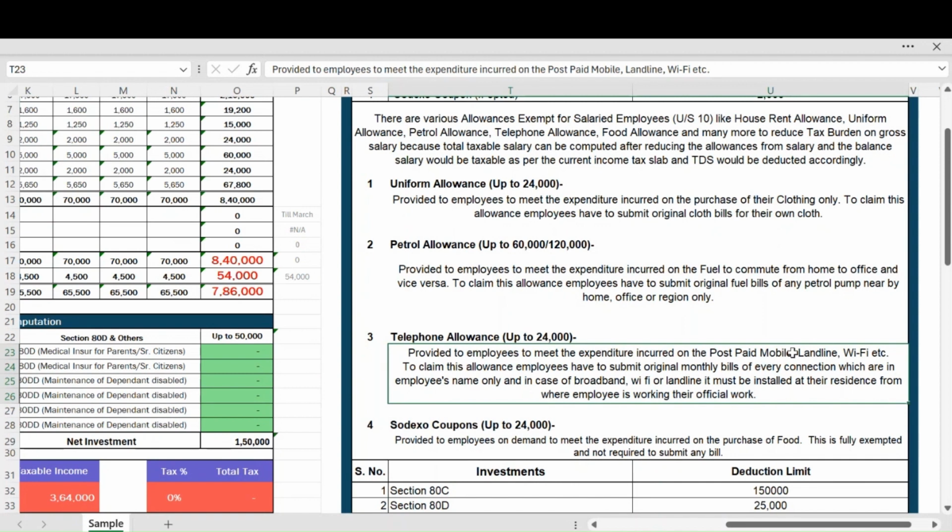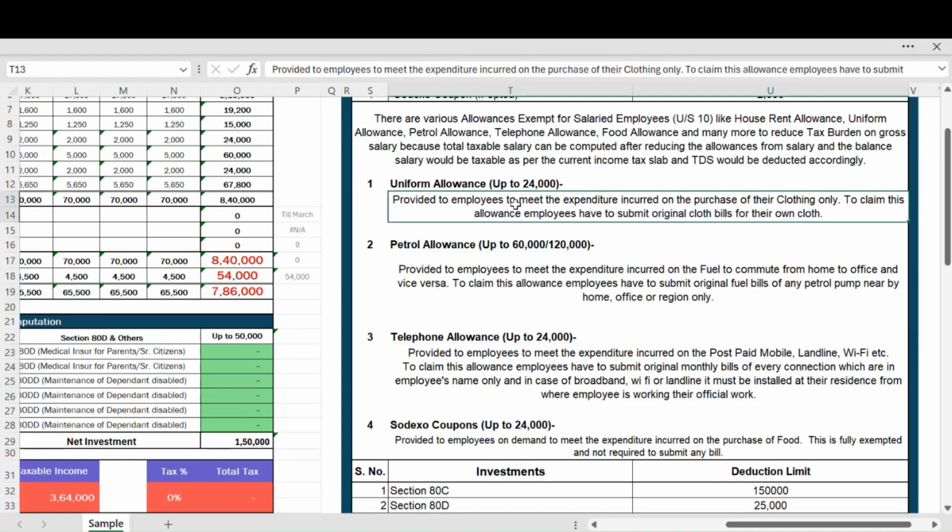रिचार्ज कर दिया आपने हर महीने 500-500 रुपए का, आप 5-5 हजार का भी बिल लगा के ले आ रहे हो, मुझे समझ में नहीं आ रहा बिल किसका है, मैं नंबर थोड़ी ना वेरीफाई करता फिरूंगा, इसलिए हम यहाँ पे लिखते हैं पोस्टपेड। लैंडलाइन, वाईफाई, ब्रॉडबैंड etc., कुछ भी है आपके पास वाईफाई कनेक्शन, you can submit the bills for those, but subject to the matter कि आपका नाम उसमें मेंशन होना चाहिए। अब आपके ब्रदर के नाम पे आपने वाईफाई कनेक्शन ले रखा है and you are claiming the bill, so that is not allowed।